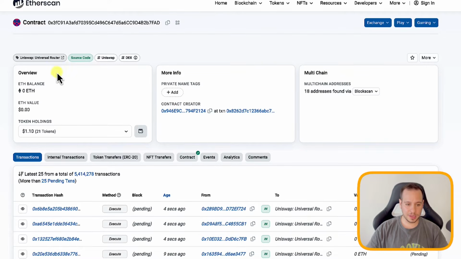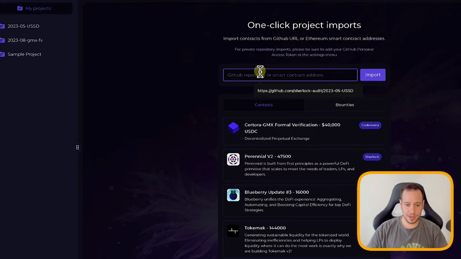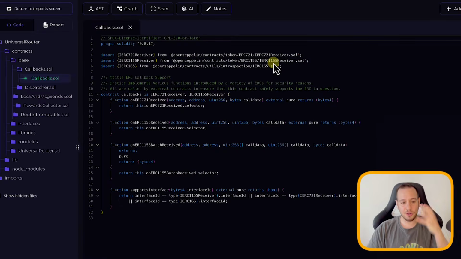So here you can see an example of Uniswap Universal Router contract. I can just copy the address, and this is one of the most amazing features. You're gonna go back here and you paste here the contract address, and it's gonna import from Etherscan with all the dependencies and everything right